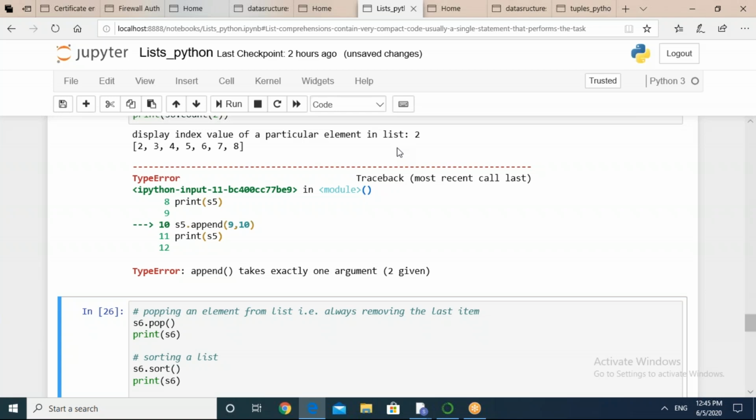So just look what kind of message you will get. It is simply showing me that append takes exactly one argument. So errors help you in learning the things. So now just again check it out. What is the correct way of doing this kind of append?